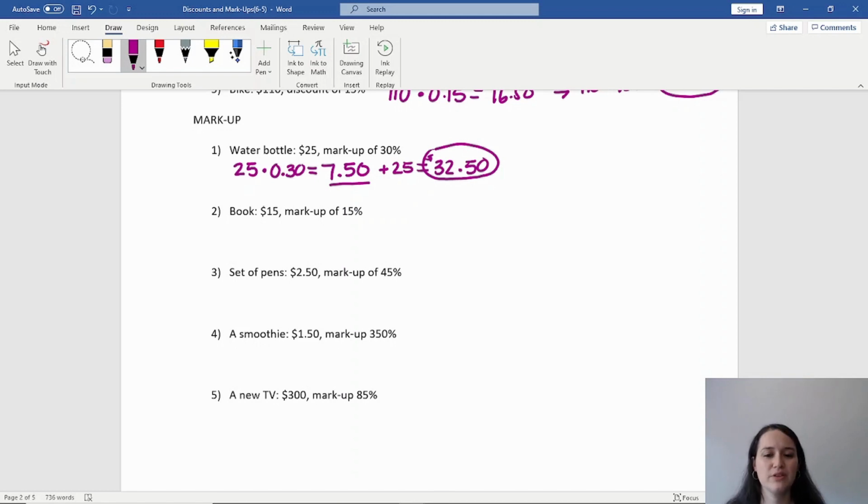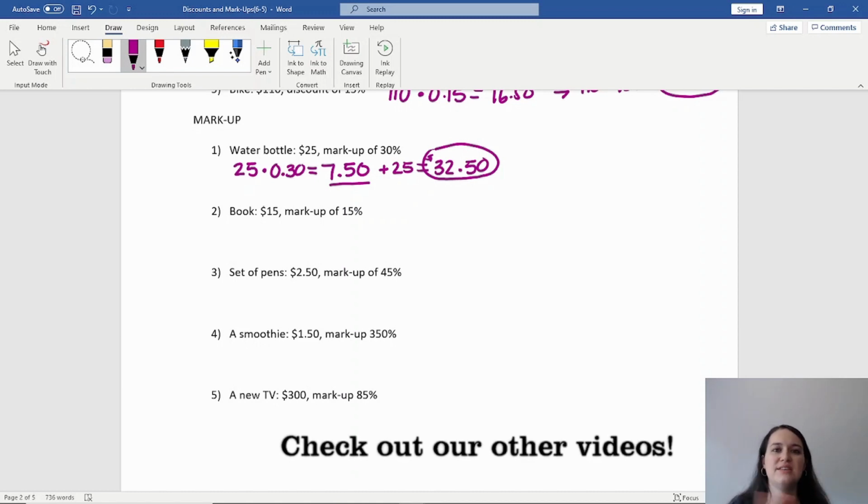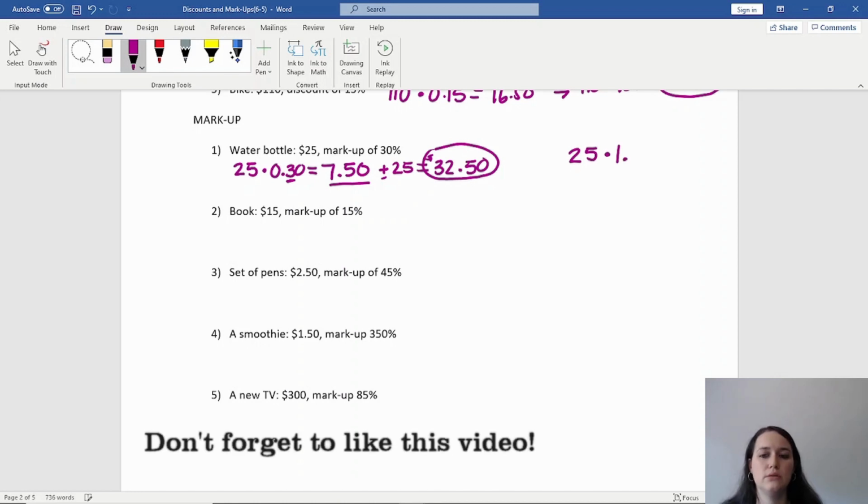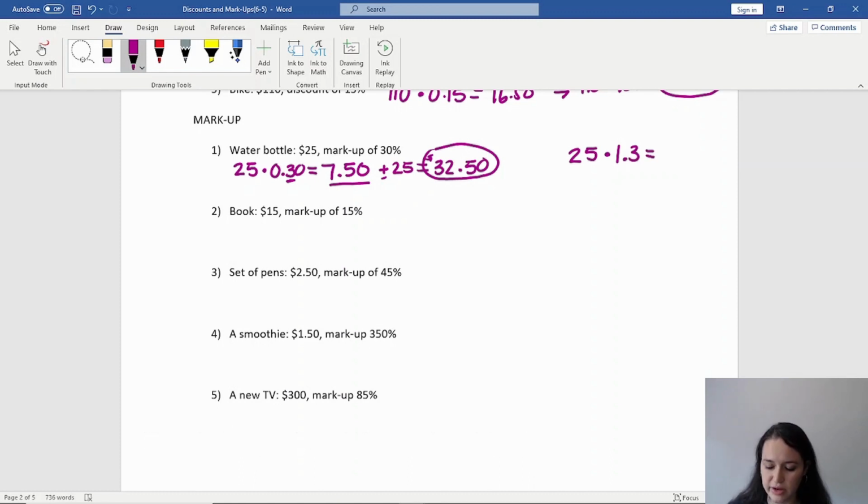Your shortcut for this one, I'm gonna go ahead and show you now. Again, if you haven't seen our taxes video, go back and watch that one, because it's the exact same method of how to calculate this. Because it's a markup and because I'm adding, I'm gonna put a 1 in front of this 0.3. So instead of just doing 25 times 0.3 for my 30%, I'm gonna do 1.3. Okay, so 25 times 1.3. And look, that gets me